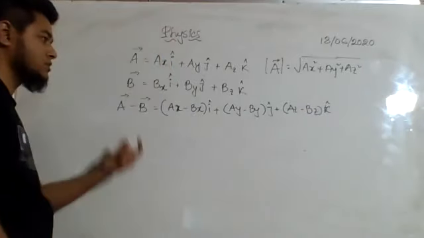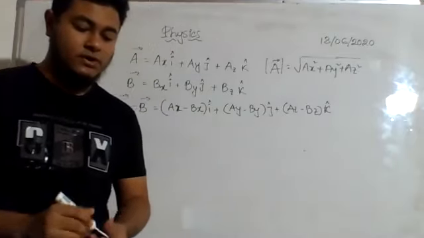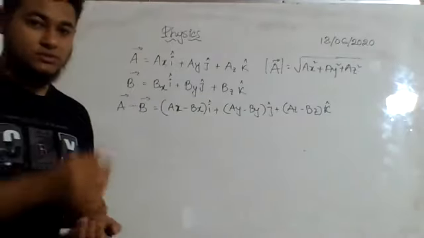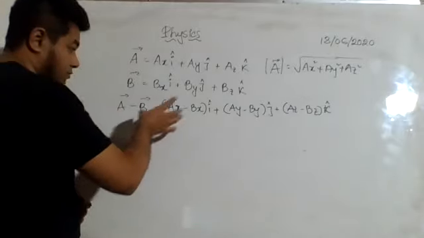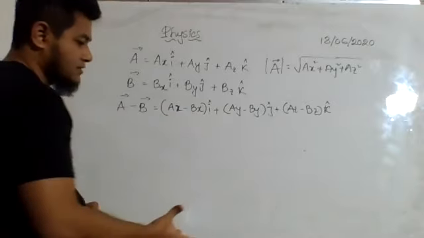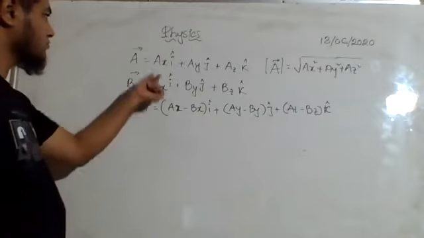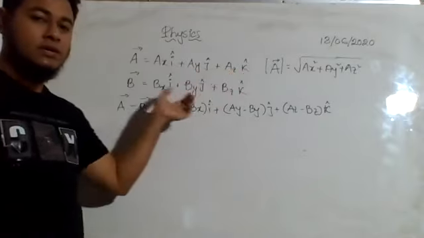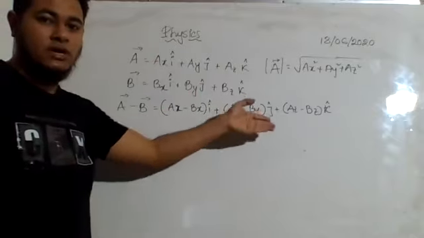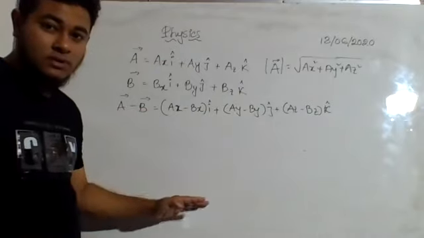I knew that if you study these lines from the book yourself, you can understand yourself. That is why I told you to go through these pages. I don't know whether you went through or not. So from here, if I show you an example like the previous one, I think no need, right? Because there will be some numerical value like 4i, 7j minus 3k. You will just replace the values here and you will get your answer. And if you are asked to find the magnitude, huh?